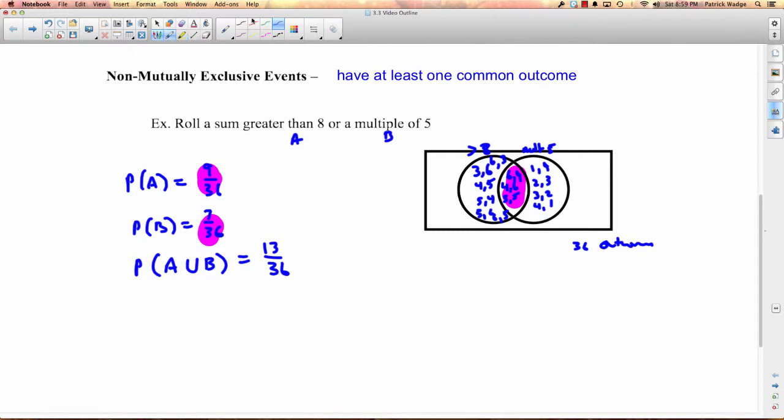And I hope you see that if you took the 936, added the 736, but then took away 336, it'll give you this answer right here. Why are we taking away the 336? Because we counted it twice. We counted it once in this circle, we counted another time in this circle, so you have to subtract it once to get rid of the overlap.